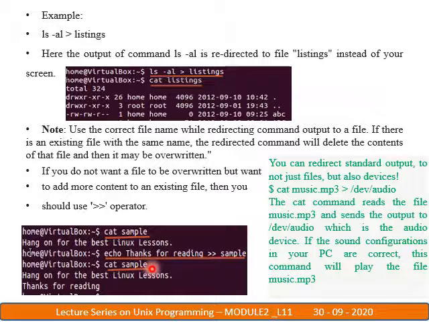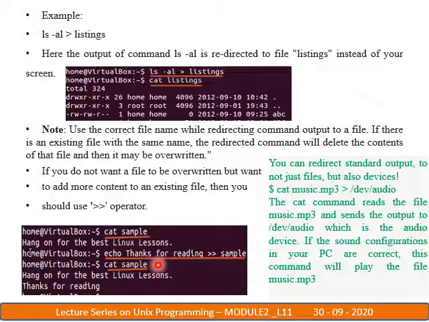So the content of the file is now "hang on for the best Linux lesson", which was the original content, then "thanks for reading", the one statement we have redirected to sample. Both contents are there. Here we have used the two greater than symbols.